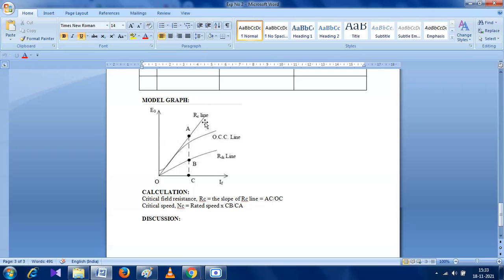ग्राफ से आरसी का वैल्यू निकाला ना, वोल्टेज बाई करंट करके। We have determined the value of RC from the graph. But if we provide you the value of a resistance, can you draw this line? हम अगर आपको वो रेजिस्टेंस का वैल्यू दे देंगे तो आप वो लाइन को ड्रा कर सकते हैं? सर तो ओसीसी लाइन सर। ओसीसी लाइन नहीं, एक रेजिस्टेंस का लाइन। आप पहले आरसी जो निकाला वो कैसे निकाला, वो हमें कार्ड दे दिया था, हम वहां से आरसी डिटरमाइन कर लिया।